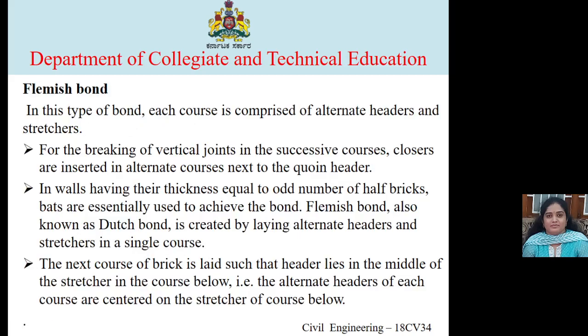So next we'll see the Flemish bond. In this type of bond, each course is comprised of alternate headers and stretchers. For the breaking of the vertical joints in the successive courses, closures are inserted in alternate courses next to the quoin header. In walls having their thickness equal to an odd number of half bricks, bats are essentially used